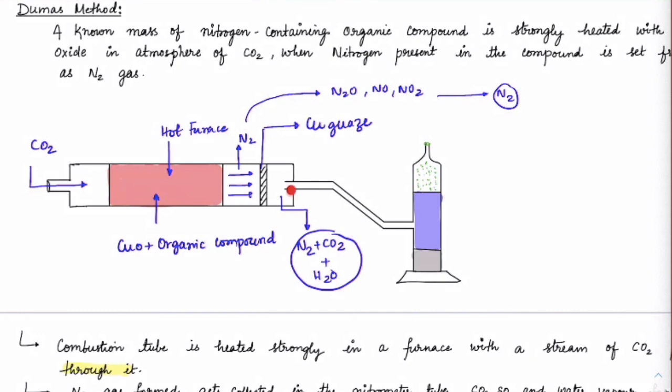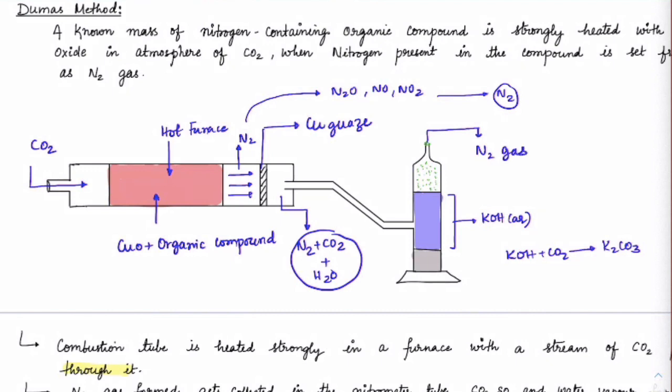Let that pass through a liquid column which is mainly an aqueous solution of KOH. If it is KOH aqueous solution, carbon dioxide will get completely absorbed in it, because KOH immediately reacts with carbon dioxide to form K2CO3. So all the carbon dioxide will get absorbed here, and water will stay back here, only nitrogen gas will bubble out. So whatever gas is coming out will be N2 gas bubbling out.